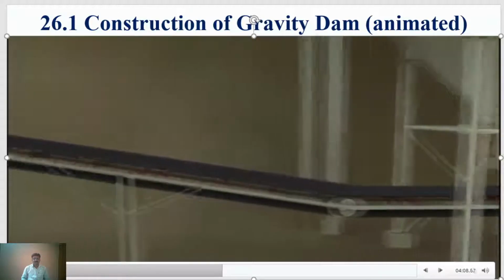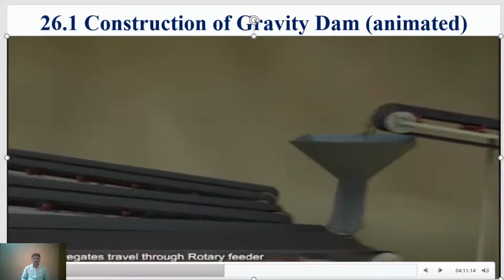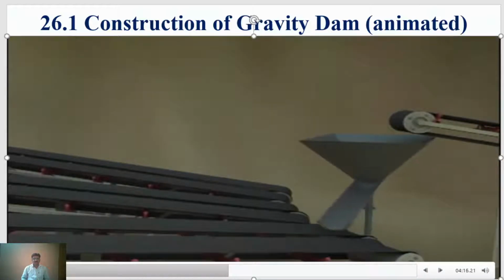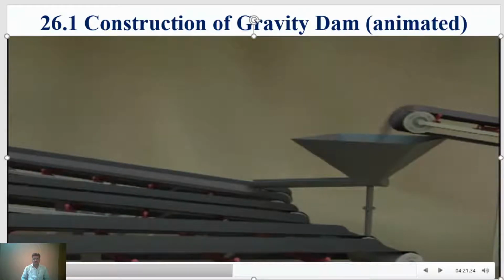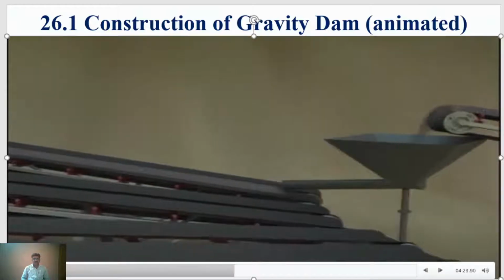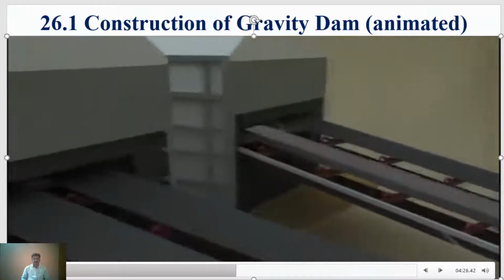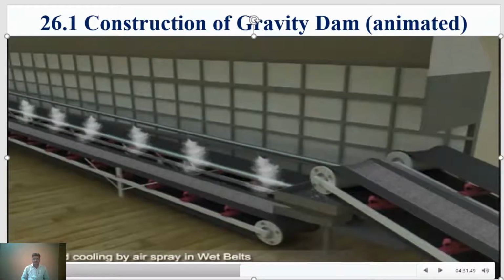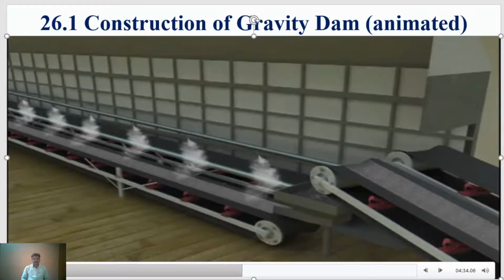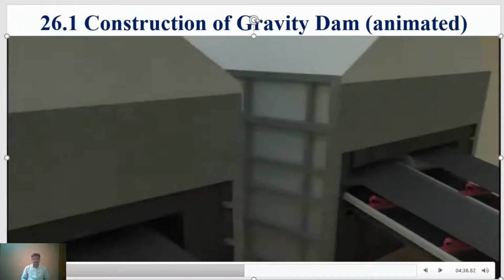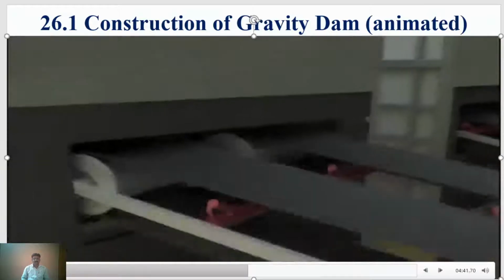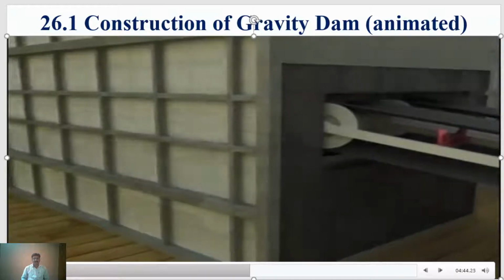A conveyor carries aggregates from the silos, one size of aggregates at a time, to the rotary feeder. The rotary feeder mechanism directs the aggregates flow to the respective conveyors and subsequently to the hoppers in the wet belt system. Hereon, all the facilities are covered and insulated to avoid heat loss. The conveyors carrying aggregates of size 10 mm and sand pass through a chilled air blast, while larger aggregates pass through wet belts with chilled water spray with temperature of 2 degrees centigrade.